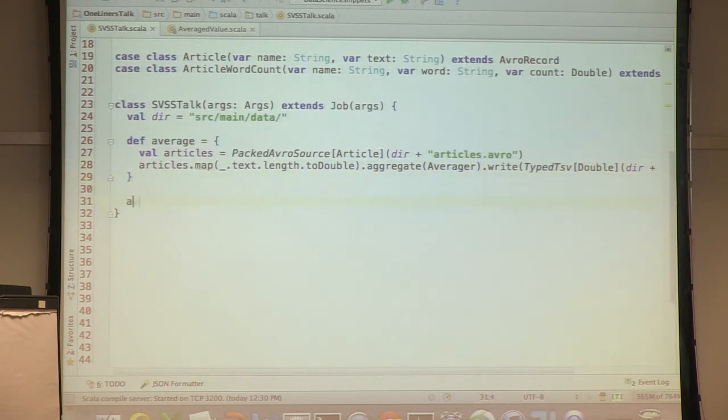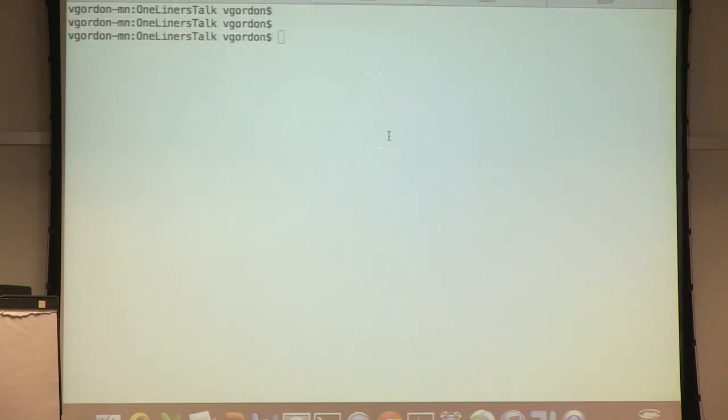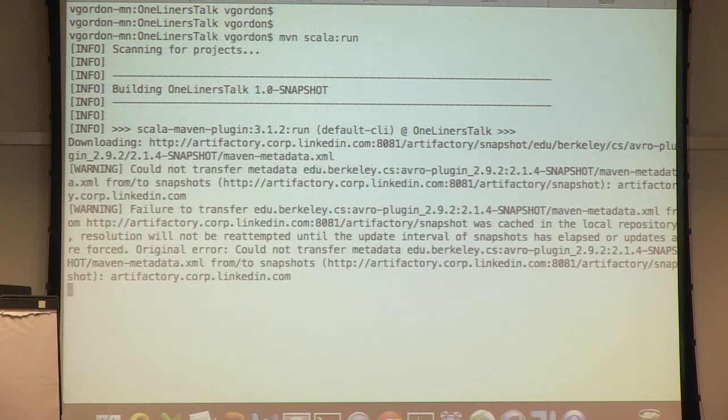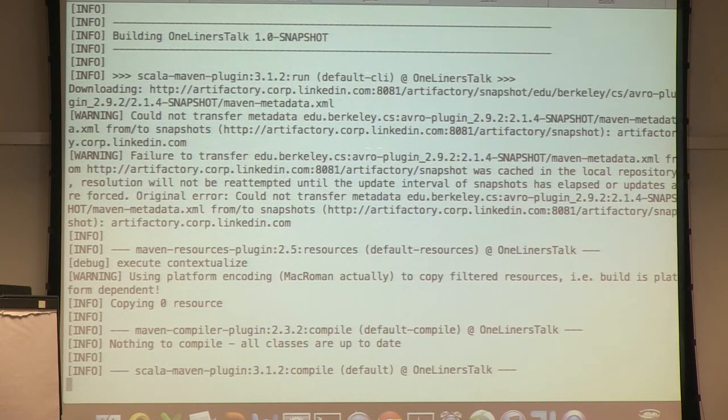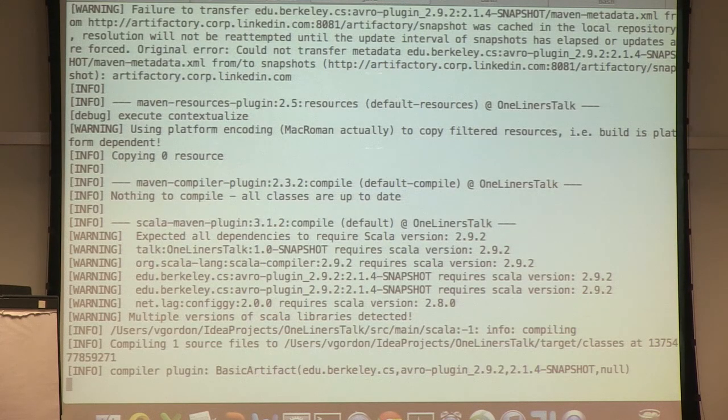Okay, and let's just call our function. And I'm kind of a Maven guy. I've been working with Maven for quite some time now. I still didn't really get used to SBT, so excuse me for that. And Maven has this really nice Scala plugin, which we can just do mvn scala:run, and now it will run the entire code. And let's see what we get.